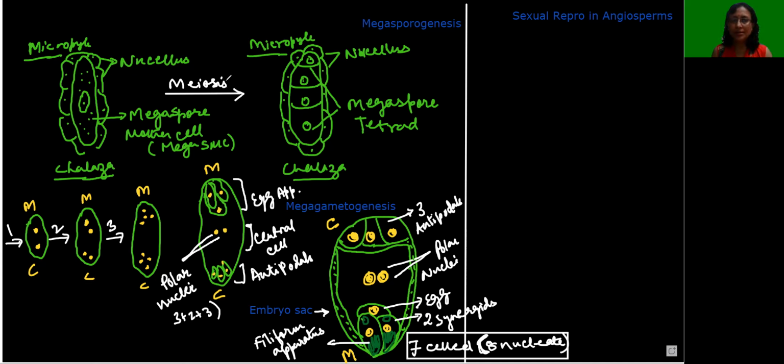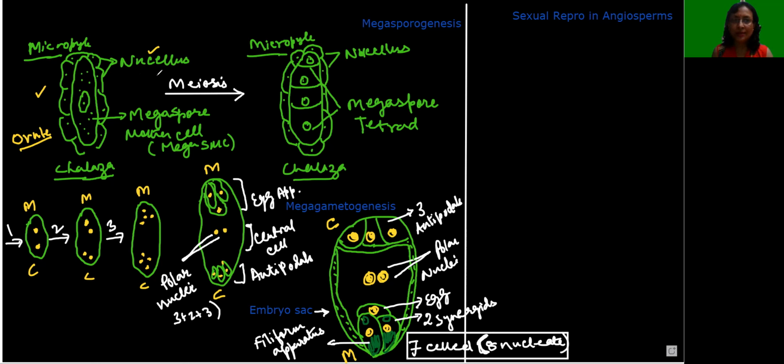Now, how is this megasporogenesis, that is formation of megaspore, going to take place? As you see in this diagram, this is actually an ovule, because you can see the nucellus here. Now the nucellus is the tissue which is